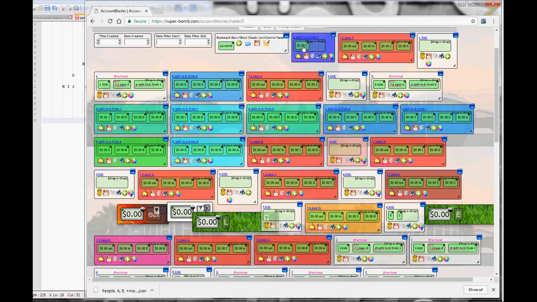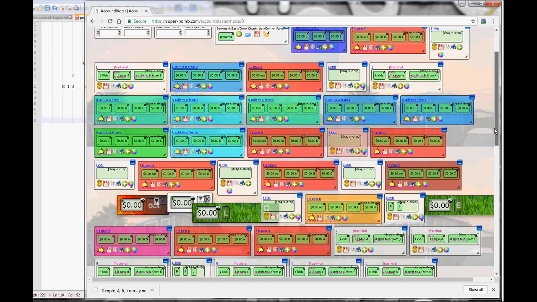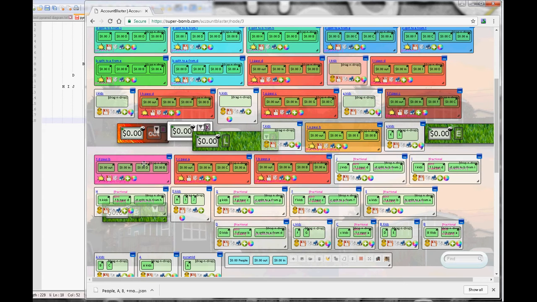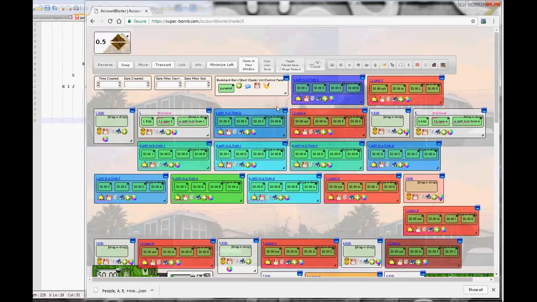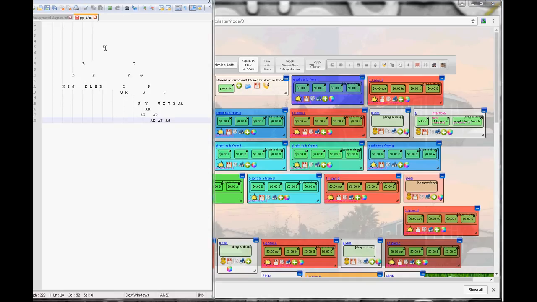L, E E, B. And now that it's from here to here, but not here to here,